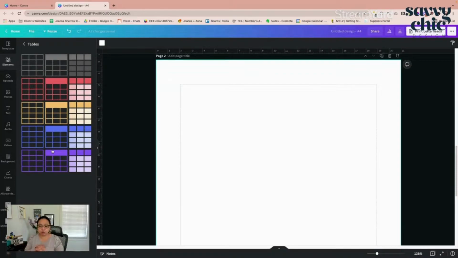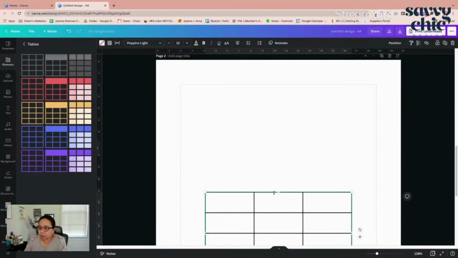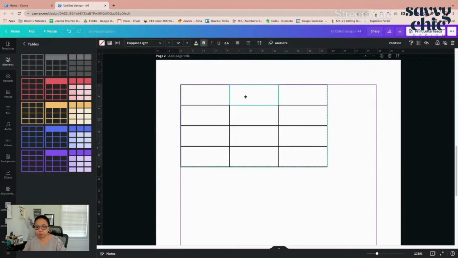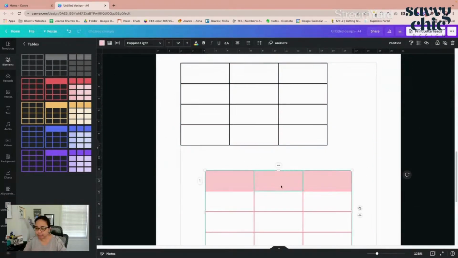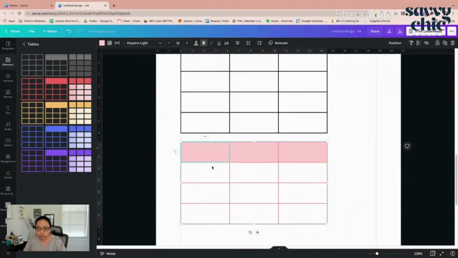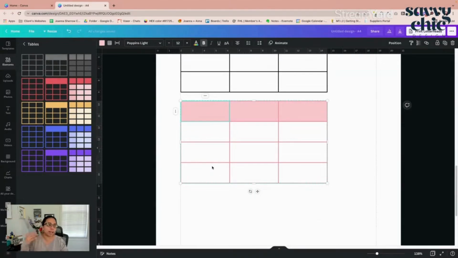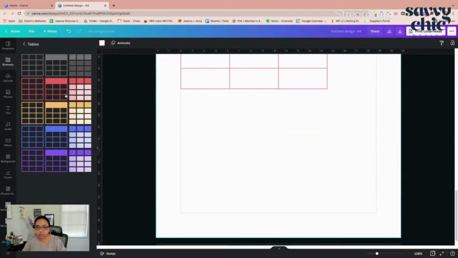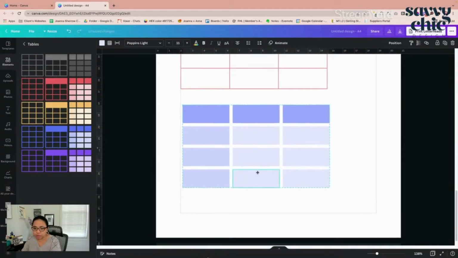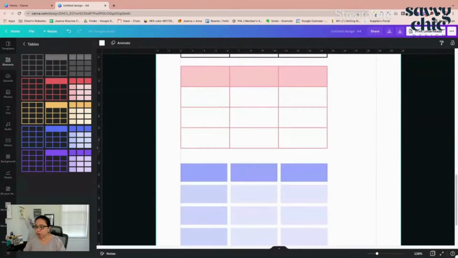So let me just show you how to play around with this now. So we have this first one. As you can see here, this is the first, just borders with nothing solid in it. And then there's the second one that has the borders, and also a solid on top that can be like your heading, or where you put all of your text. And then there's one that has all of the solid colors in different color variation, right? So you have all of those three